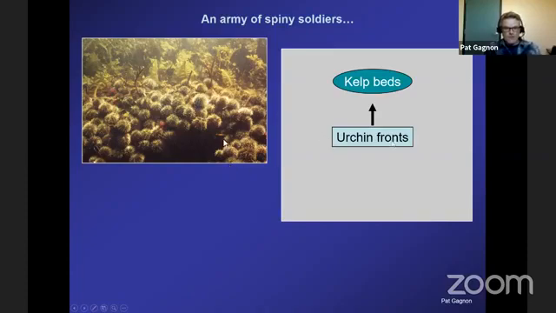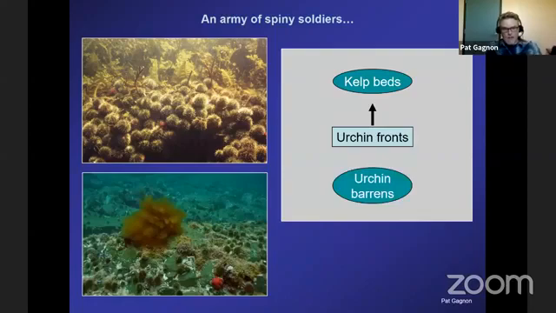Now, if this keeps going forever, the urchins, they like kelp, and they will just keep going through the kelp, and they will eradicate all the kelp in that segment of the ocean. Once this urchin front has moved into the kelp bed, it leaves behind a different seascape, which we see here. That's called an urchin barren. It's an area of the seabed where you could have had kelp before,